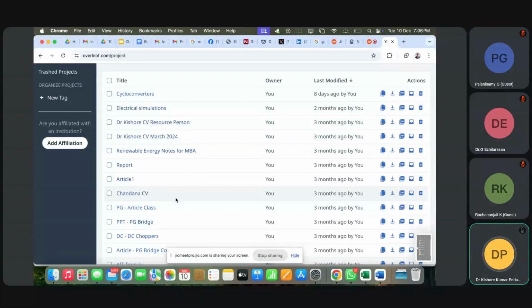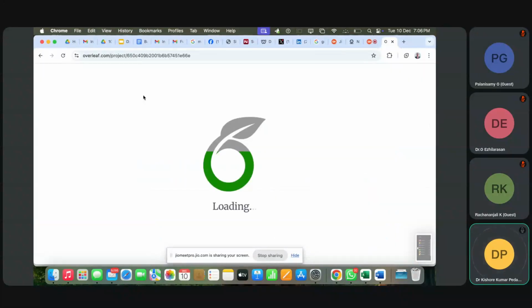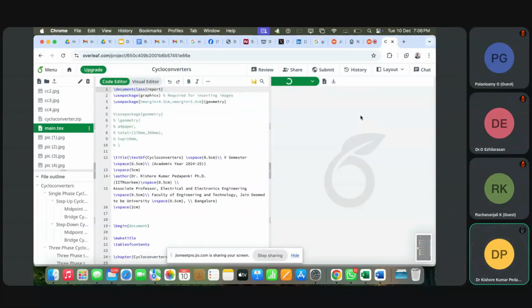But here also we have some styles. The beauty of this one is LaTeX is really a programming language, but the beauty is, being electrical and electronics engineering faculty and people working in industry, we need not worry about the programming. Just understand the programming, that's all. That's more than enough. For example, this is one of my notes I have given to students.